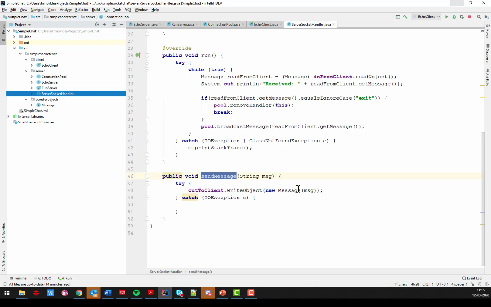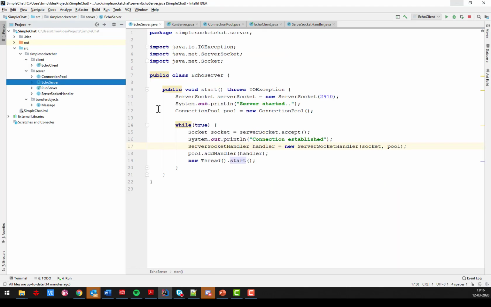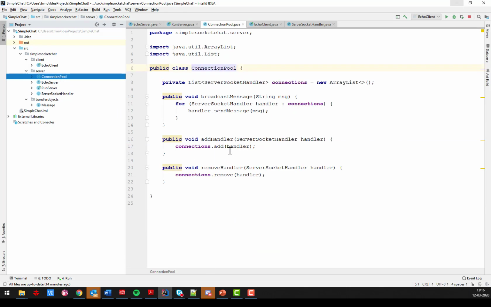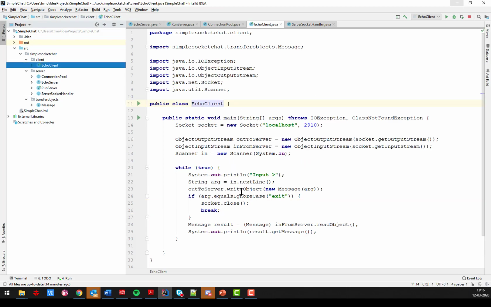Right. So I think we are almost there on the server side. My server accepts, and we have the pool, and the pool can send messages, and my server socket handler should read a message and send it back again down here. So I think that's good. Now for my client side,